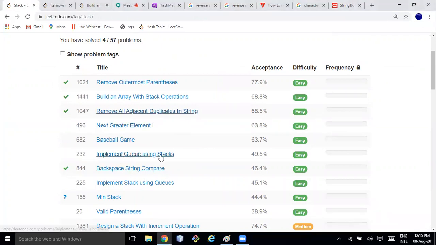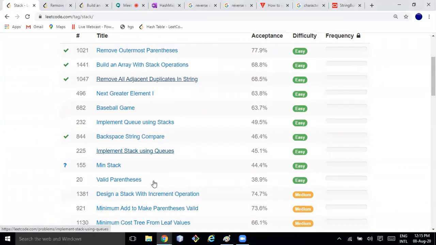Backspace, implement queue using stack, implement stack using queue, that's good. Next class, I'll be focusing on this problem. This is very, very interesting. Min Stack, and I'll solve this problem using three concepts so that you will have a very good understanding.